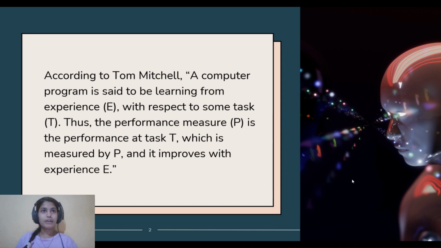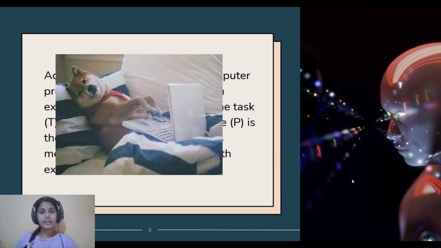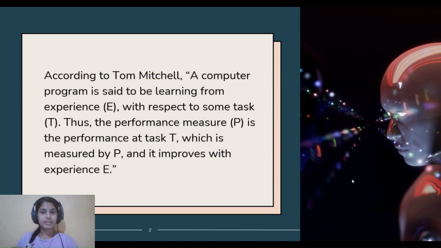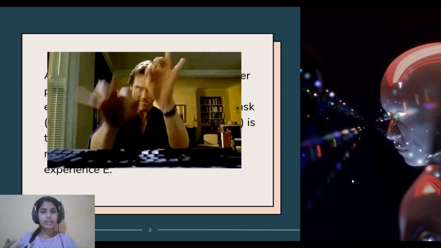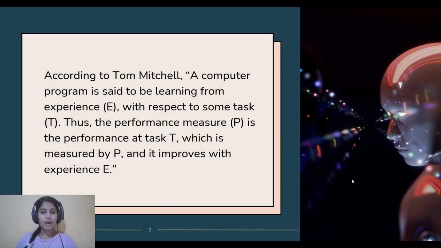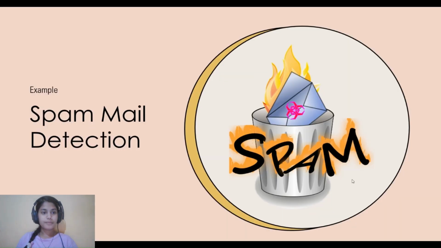For example, you are working in a company. First of all, you were a fresher, and now you have some experience. According to your experience, you are able to give good productivity towards the work, right? So that's how this is related. I guess you have understood. Let's go to the next slide.